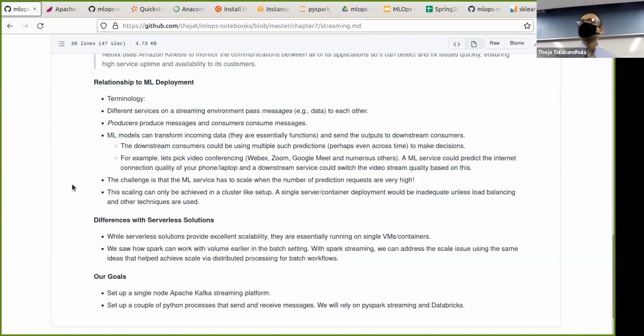Yeah, so relationship to deployment itself, right? So basically what I want to introduce is some terminology, a bunch of keywords. Okay, so different services on a streaming system, a streaming environment, pass messages or data to each other. Think of these as requests or responses. Generally, you call them messages. Okay, so messages are what are passed between